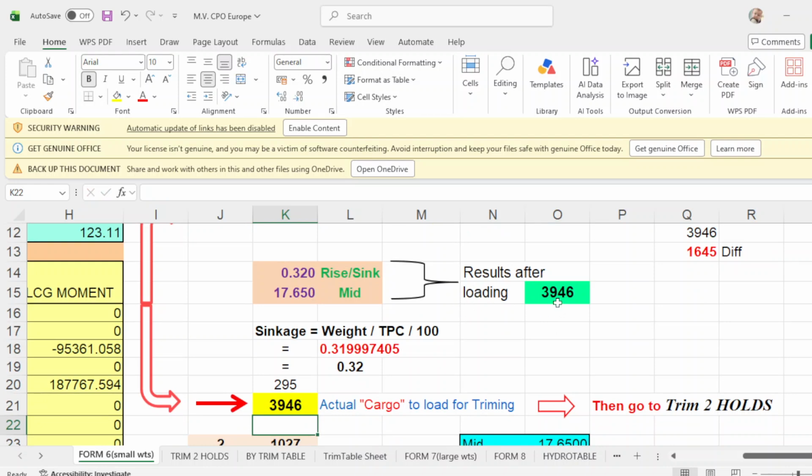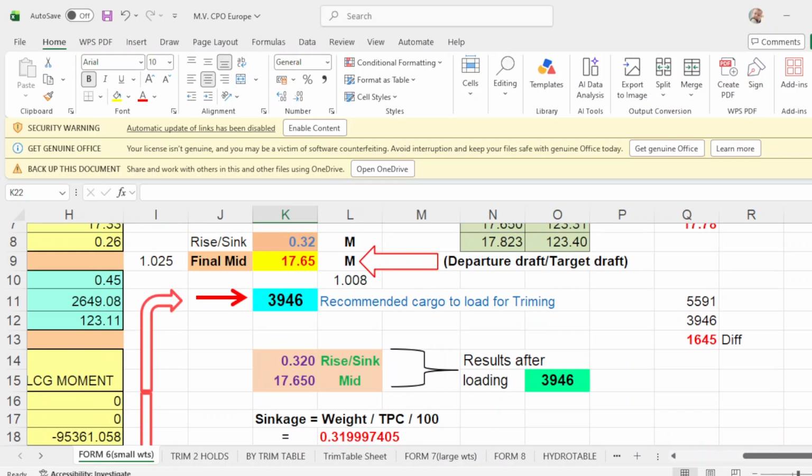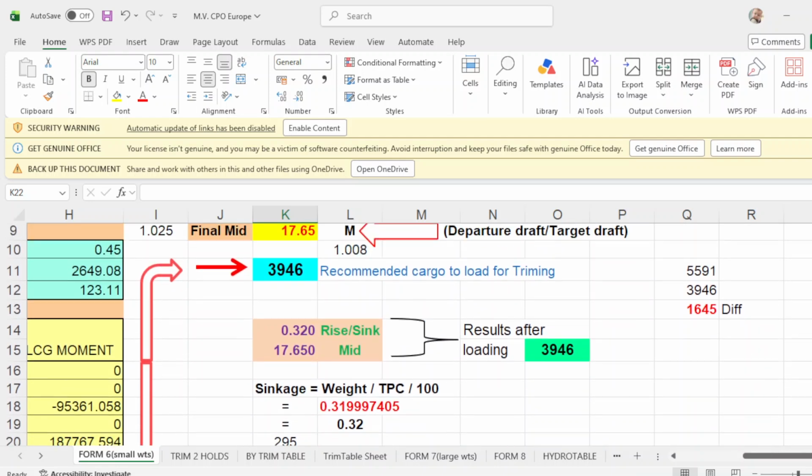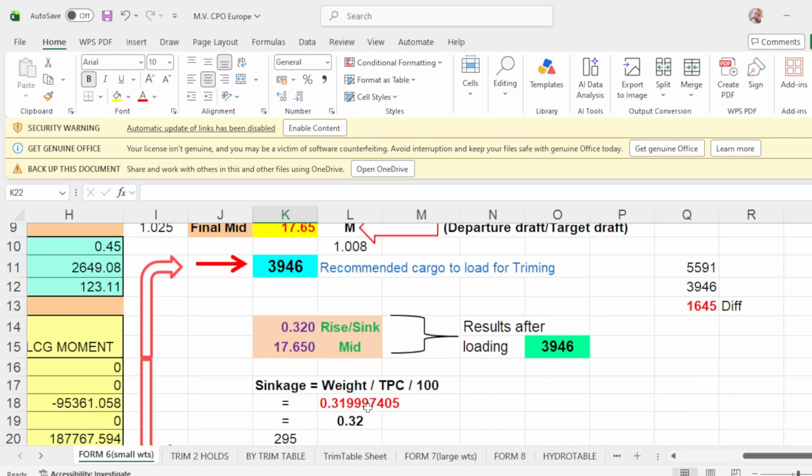Results after loading 3,946, then your departure drop is 17.65, which is exactly the same as your final mid drop, and your sink gauge is 32 centimeters, which is exactly the same as the sink gauge. Another way of getting the sink gauge is weight over TPC over 100. Then you will get the sink gauge, which is 0.32, which is this one. Okay.